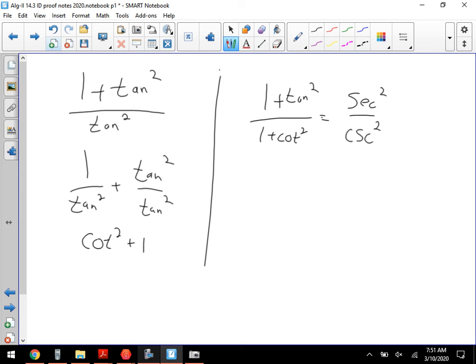Yeah. So if I flip either one of, so let me say this here. This is secant squared times 1 over, I always make my s's backwards when I do this, cosecant squared. Just split it apart. You okay with that? So secant squared is 1 over cosine. 1 over cosecant squared is sine squared. So you wind up with sine squared over cosine squared, which is